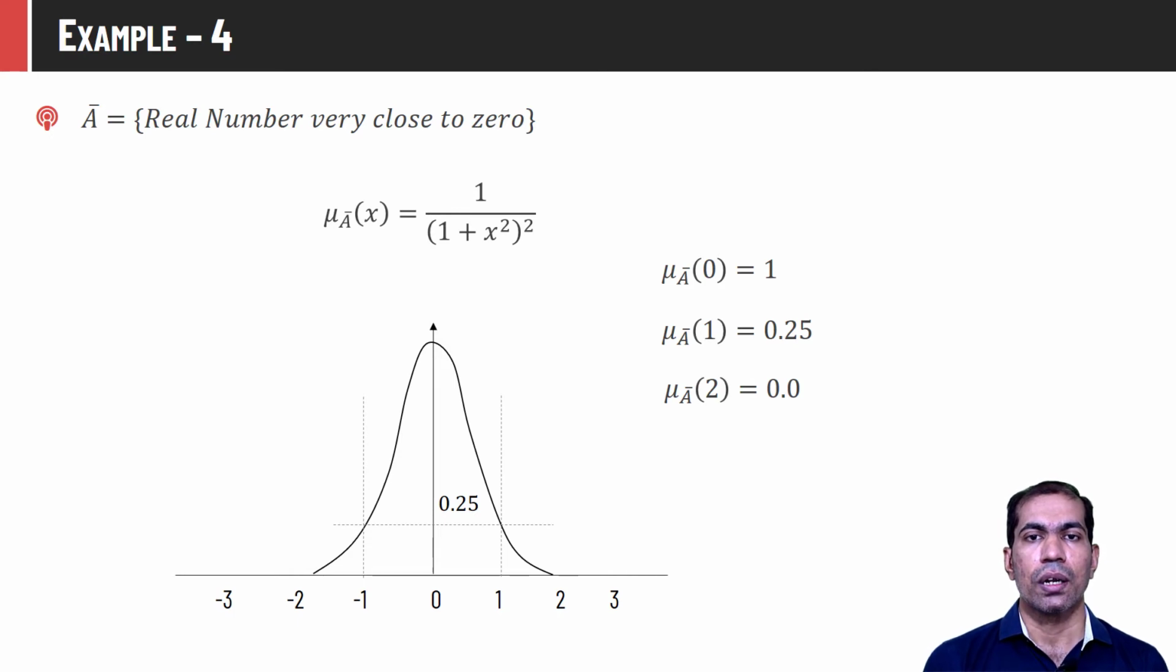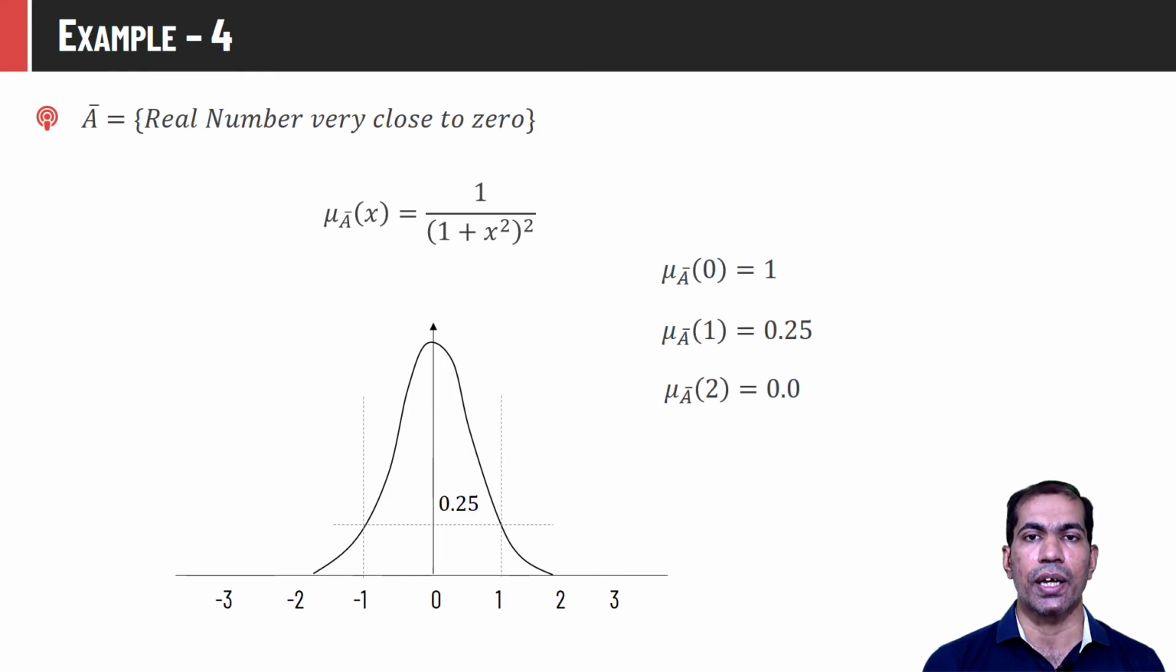So if a number is very close to 0, then it will have a higher membership value, and as it moves away from 0, the decrease in membership value will be more sharp compared to the previous one, because the previous set was A bar equal to real numbers close to 0, and this set is real numbers very close to 0. So this phenomenon we can model with the membership function mu A bar of x is equal to 1 upon 1 plus x